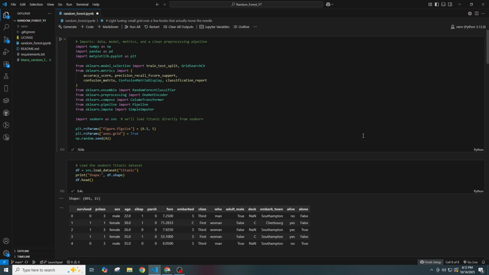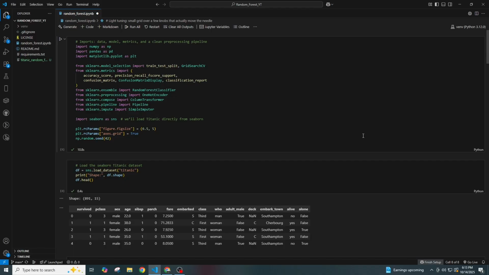to a single tree. To use it, you pick your input columns, convert text categories to numbers, that's called one-hot encoding, split into train and test, and fit the model. The main knobs you'll see are how many trees to build, called n_estimators, how deep each tree can grow, or its max depth, how big a leaf must be, or min samples leaf, and how many features a split